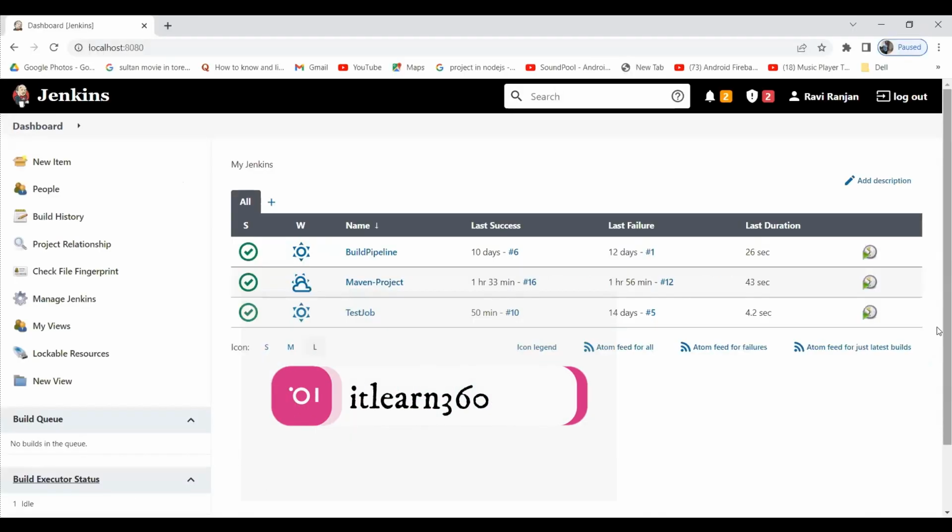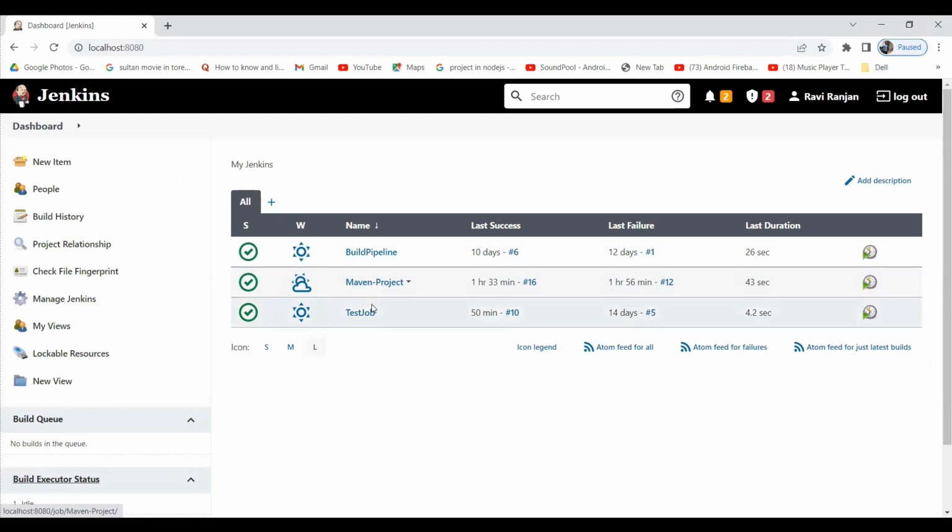This is the Jenkins server where I have multiple projects like build pipeline, Maven project, as well as one more project called test. What I'll do is provide security to any one of the projects. That means I'll make one project accessible to users. When you have multiple team members working together and you want to give some of them access to a project,